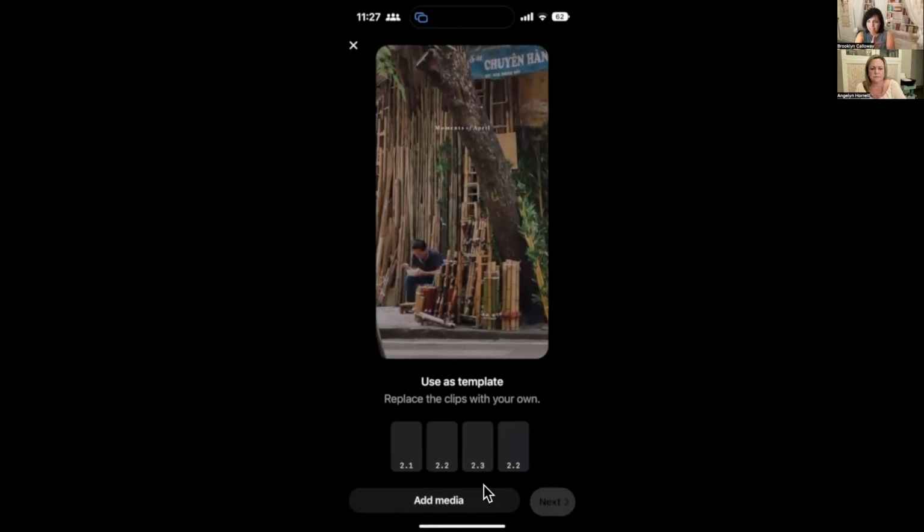Across the bottom, you can see that there are 4 slots. Sometimes there might be like 15 and you have to scroll and count how many you're going to need. But this one is very simple. We need 4 bits of media and they're all going to be timed automatically to 2.1, 2.2, 2.3, and 2.2. I love that for video clips. This is a good one because you're going to have 4 little videos. If you had some B-roll or something like that,